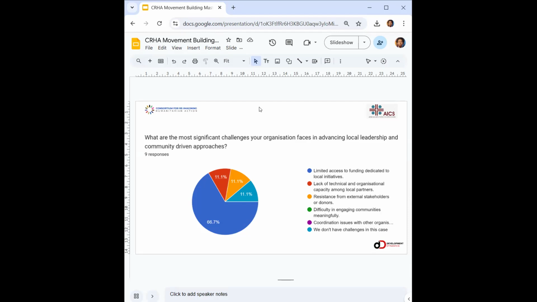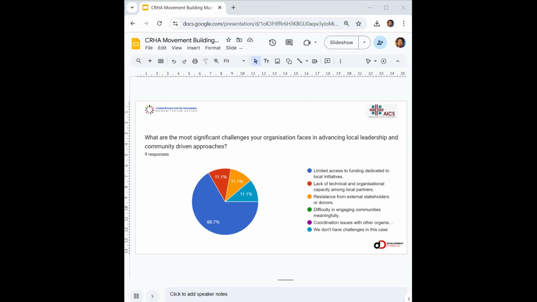It's the strategies for understanding how we move together as a team, and better creating how it happens together as a team, better creating the strategies for community engagement, for stakeholder engagement, for reaching out to our donors, for understanding how we bridge that gap as donors and as a team of PIPs or as a team of organizations working together. And so 66.7% said that we don't have challenges in this case, whereas for the rest, it was divided